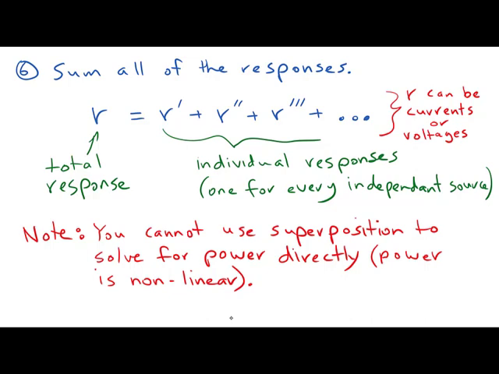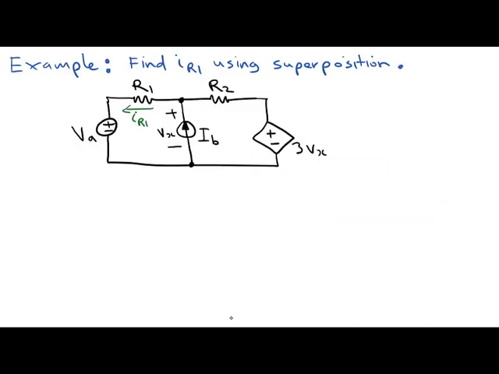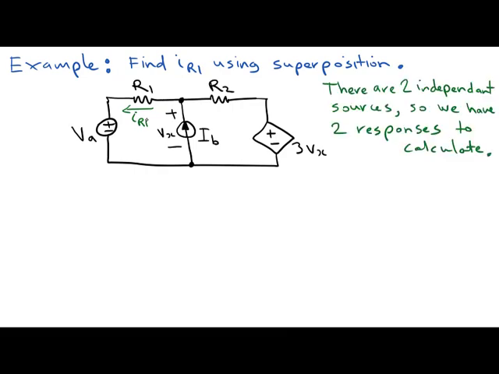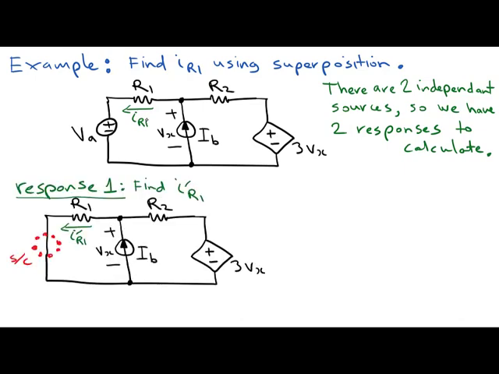So let's look at our example to see what this analysis using superposition looks like. So we're going to find IR1 using superposition, and we note that there are two independent sources, so we have two responses to calculate. So what we're going to do is we're going to do the first response, and that looks like this. We're going to find I prime R1, so this is the first response,